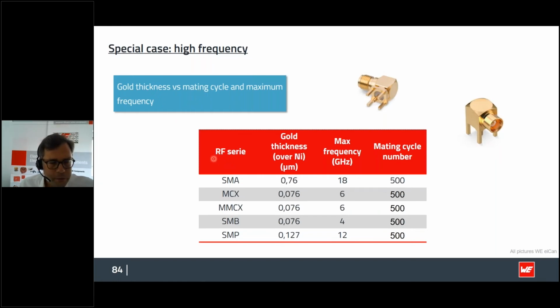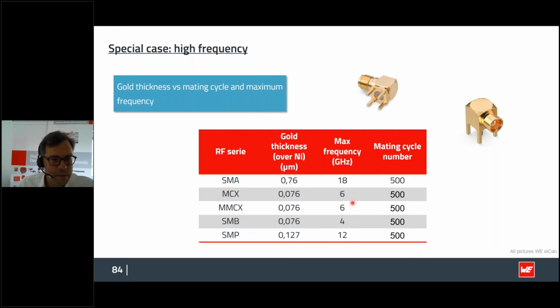If you look at this graph, for example, SMA connectors have the highest frequency rate of these coaxial connectors with 18 gigahertz. You can also see that the gold plating thickness is the highest on these SMA connectors. The mating cycles of all connectors are the same, but the frequencies, especially in comparison to